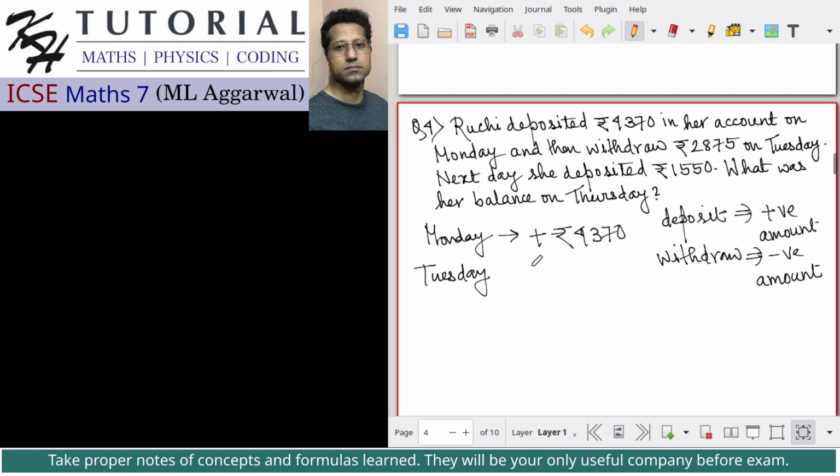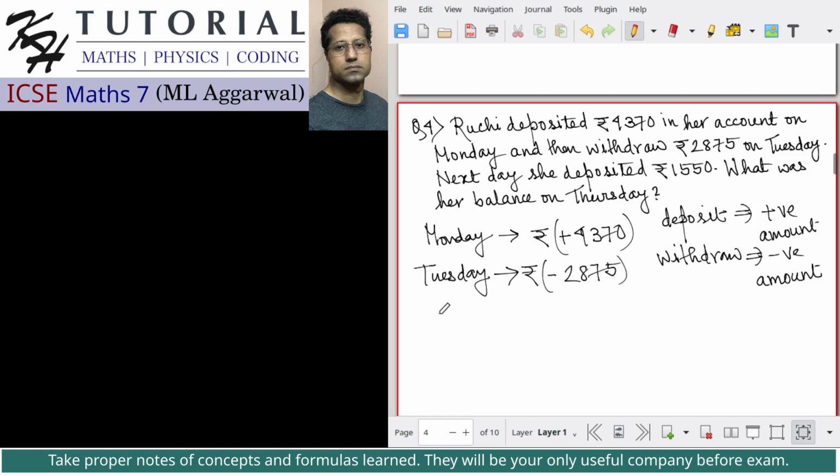On Tuesday, Ruchi withdrew rupees 2875. Now, since withdrawal represents a negative amount, we can say the transaction of withdrawing rupees 2875 can be written as negative of rupees 2875. So you can consider this as rupees plus 4370, and this as rupees minus